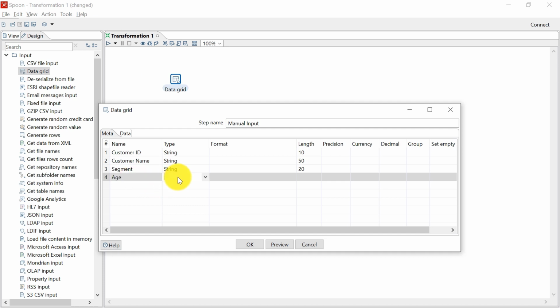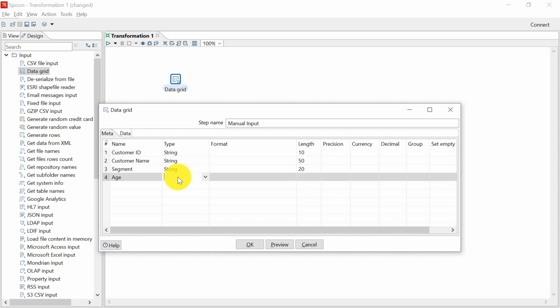Now, although age is an integer type of variable, right now I'll be storing it as string. As I have told you, we'll be collating data from several different sources, and some of those sources may have some error in the age data.